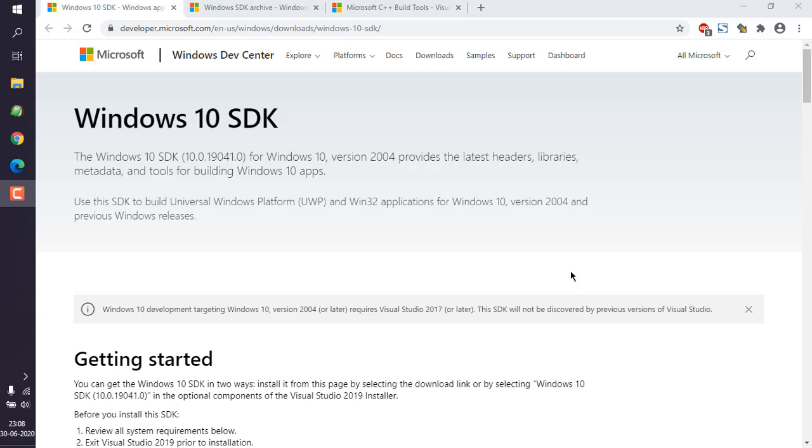So let's take a look at how you can download Windows 10 SDK on your Windows 10. Currently I have this Windows 10 SDK 10.0.19041.0, which is released in May 2020. So I'm going to download this, and I can find this section in Windows Dev Center downloads, and there is